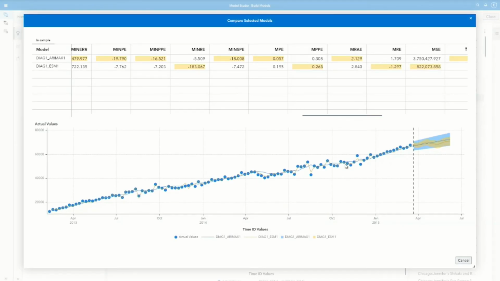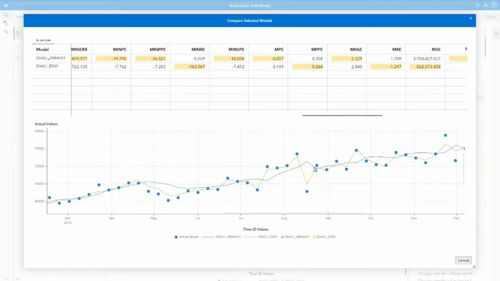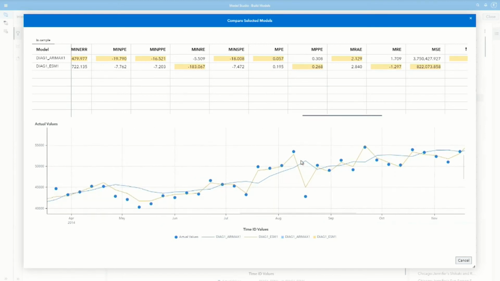Okay, and then the graph on the bottom, you can see that this has both models on it. If you look at the legend, it has both the ARIMA model and then the exponential smoothing model in yellow, along with the shading for the confidence bands also in different colors. So I'm going to zoom in on this to make it a little more readable. And you can see the different model fit across the historical region.